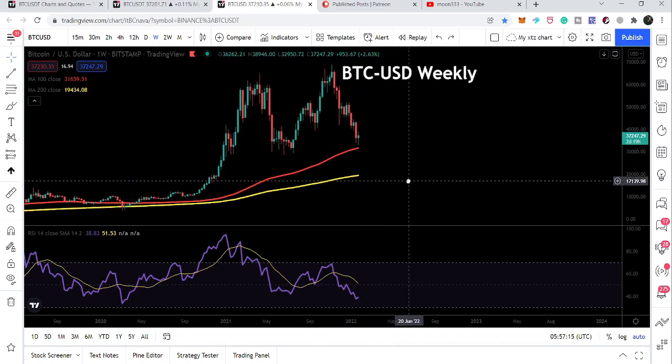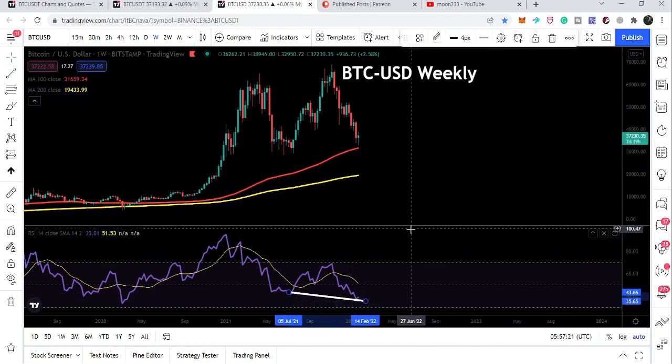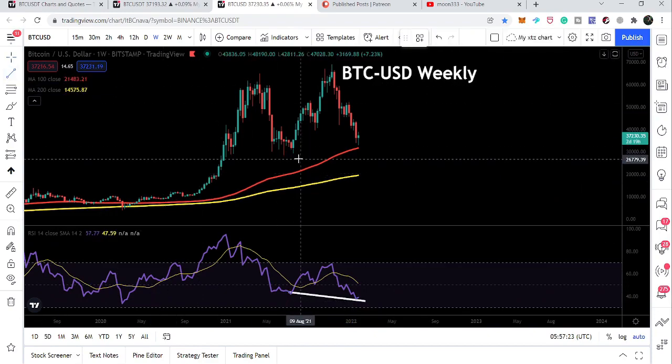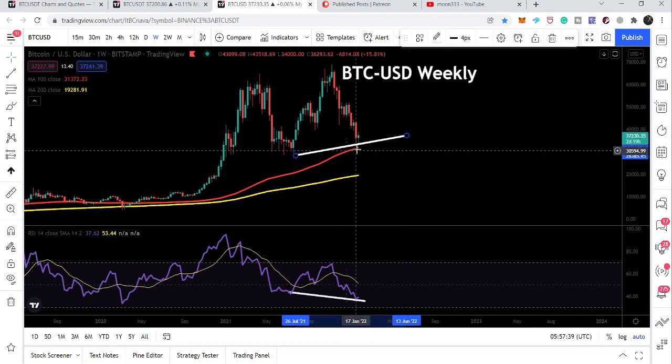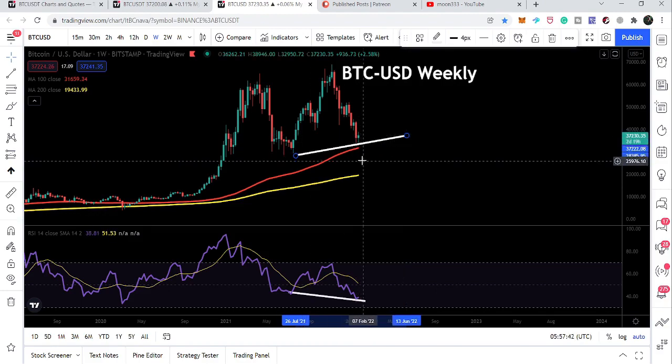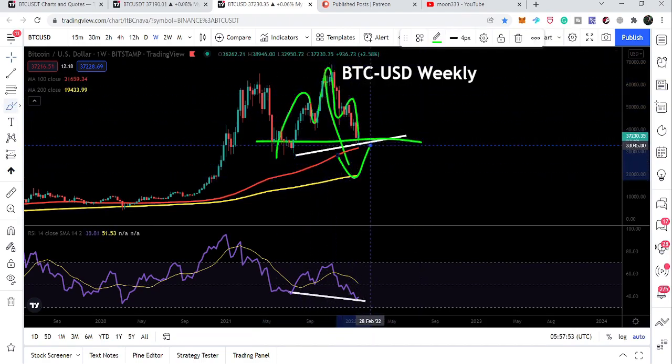Now, if we take a look at this RSI oscillator on this weekly time frame, then it is still forming a lower low than the previous low, but the price line is still forming a higher low than the previous low. So there is still a hidden bullish divergence on this weekly time frame. But if the price line breaks this level down and forms another lower low than the previous low, then this hidden bullish divergence will be removed from the chart, and the price line may follow this head and shoulder pattern and continue the move to the downside.